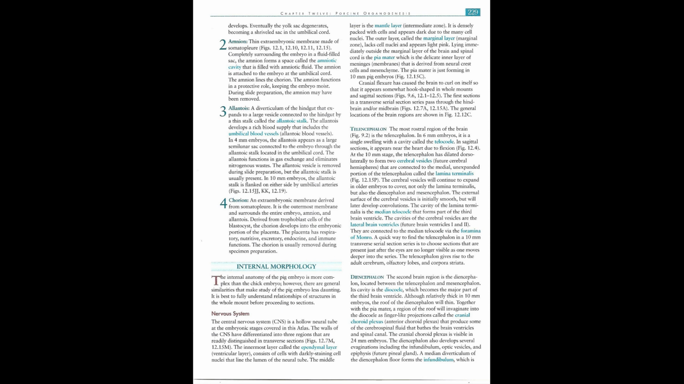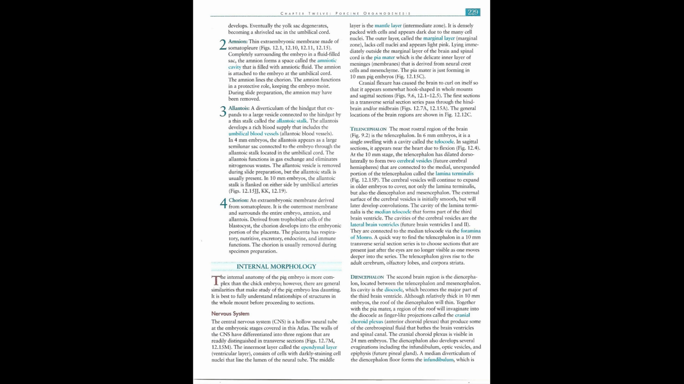Diencephalon. The second brain region is the diencephalon, located between the telencephalon and mesencephalon. Its cavity is the diacoel, which becomes the major part of the third brain ventricle. Although relatively thick in 10 mm embryos, the roof of the diencephalon will thin. Together with the pia mater, a region of the roof will invaginate into the diacoel as